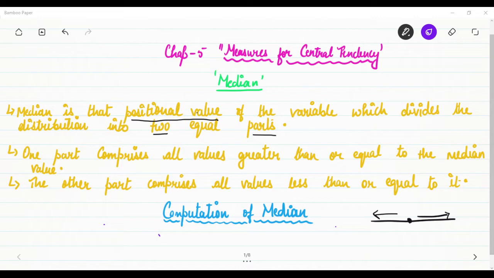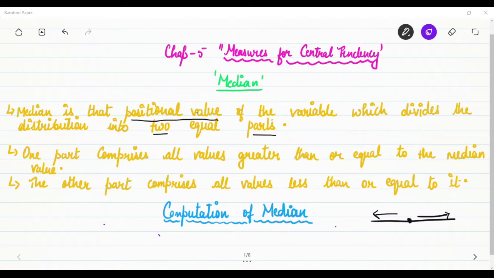In this video, we are going to cover the second part of chapter 5, measures of central tendency. In my earlier video, I have already covered arithmetic mean. In this video, we are going to talk about median as the second important statistical measure to calculate averages. Before starting, I would like to inform you that this video is helpful for students in class 11th and also for exams like NET JRF and college lecturer.